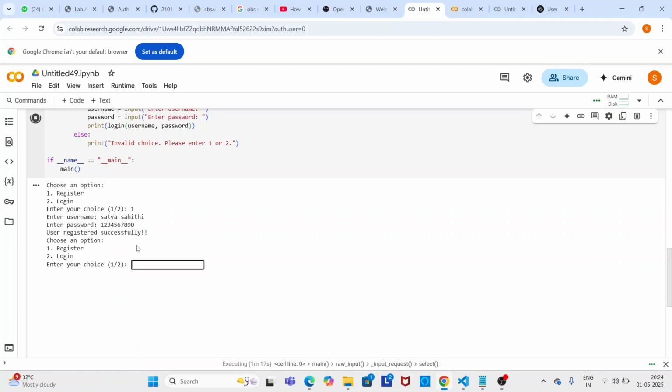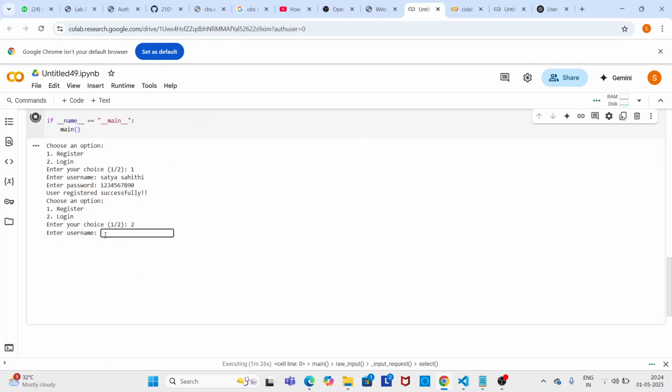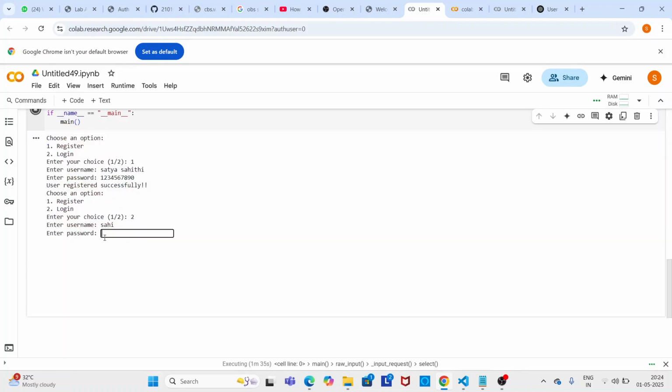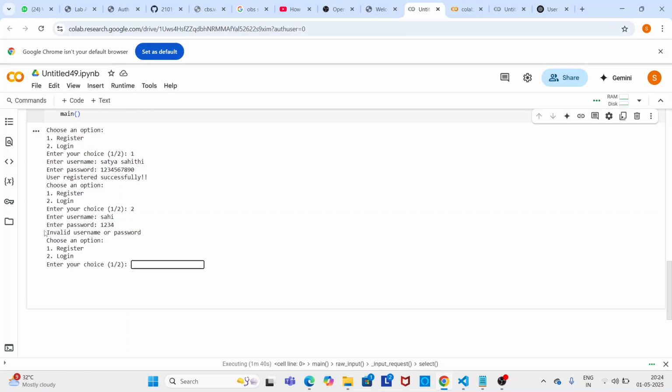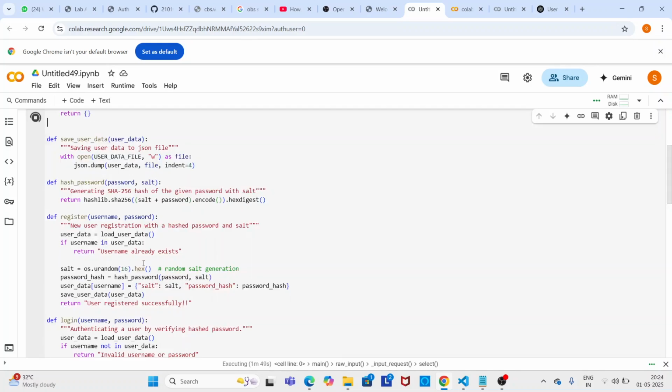So I would like to log in, because I registered before, so I will log in this time. It is asking me for the username. For example, if I enter a wrong username which didn't register before and some random password, then it would say invalid username or password. Or if I enter a right username,